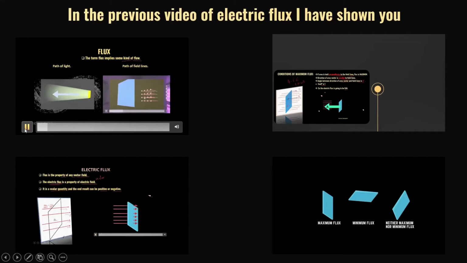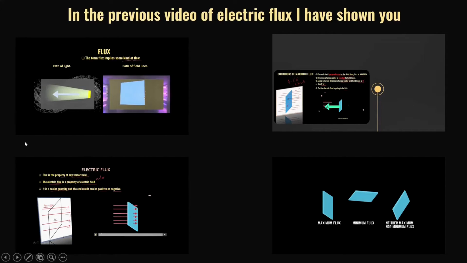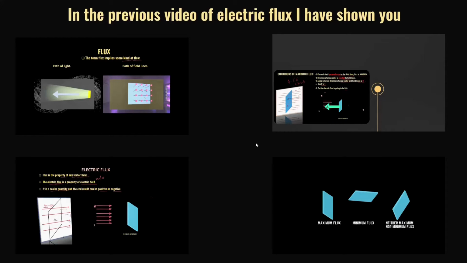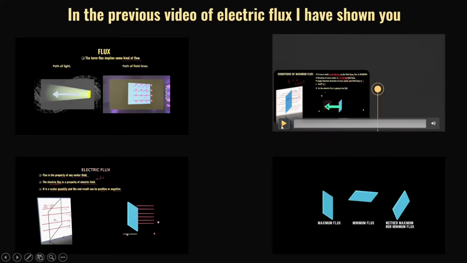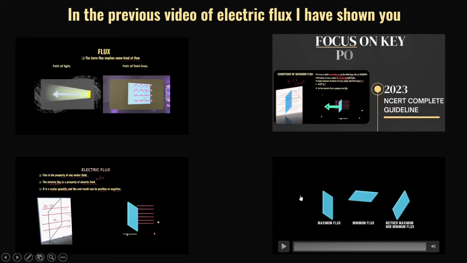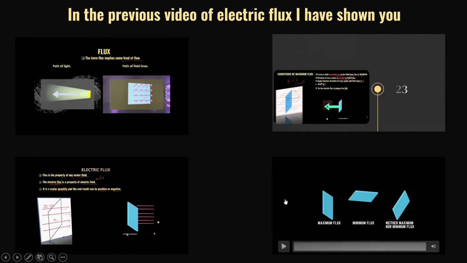Let us watch: the given surface area in a perpendicular direction, those field lines will be called the electric flux. Those will be called the flux passing through the given surface area. Here you can see that these field lines are crossing this given surface area in a perpendicular direction. So all the field lines will be in the perpendicular direction and the area vector is also pointing in a perpendicular direction. So they both become parallel. That is, the angle between the area vector and the field lines becomes zero. So there we have seen the conditions of maximum and minimum flux.